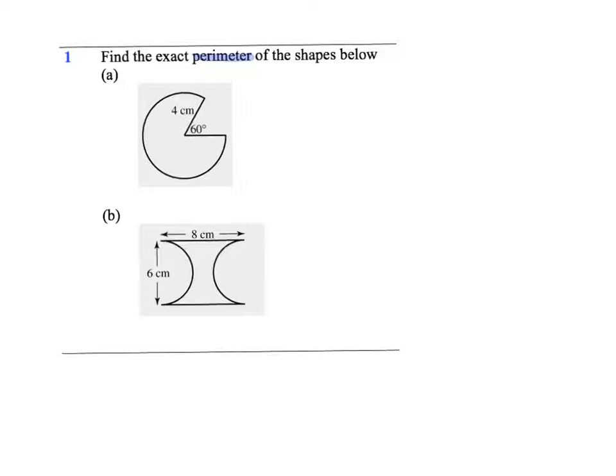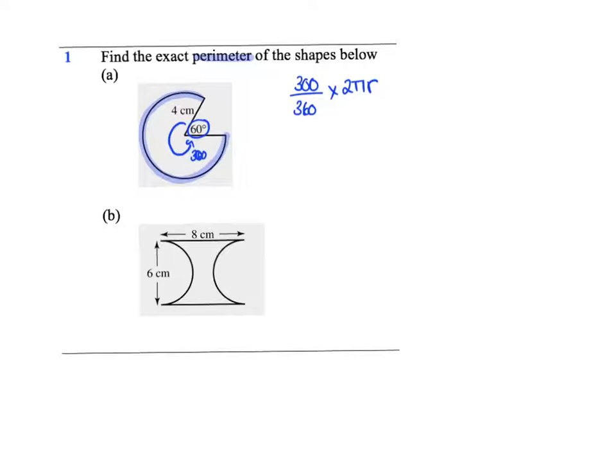Okay, so find the exact perimeter of the shapes below. So let's say the perimeter of this shape, the first one, would include this much of the circumference of a circle. Because they've said 60 degrees here, the rest of it must be 300. So I've got 300 out of 360 of the perimeter of a circle, whose formula is 2 pi